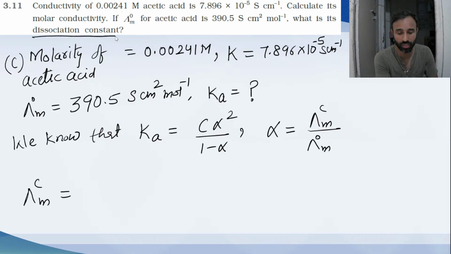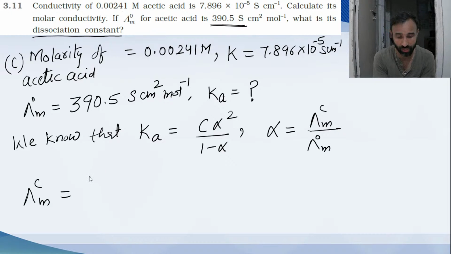To calculate the dissociation constant we need C and alpha. C was given to us but alpha is not, so to calculate alpha we use this relation: molar conductivity at any concentration divided by molar conductivity at infinite dilution. Molar conductivity at infinite dilution is given to us, but molar conductivity at the given concentration we have to calculate,